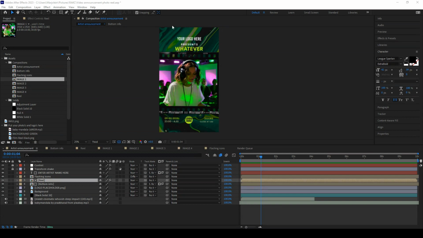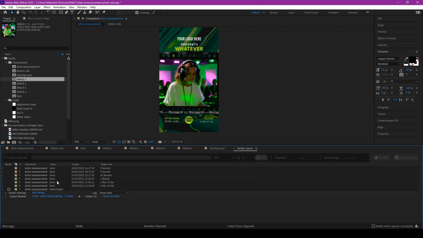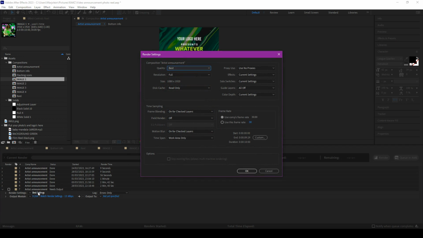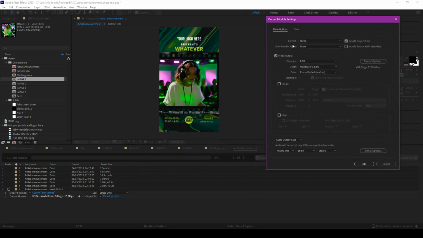Now that the placeholders are all replaced with your own logo, your own text, your own images, you can start exporting the video. Go to Composition, add to render queue, which will open this field right here, and make sure that these settings are ticked right here. So go for the best quality in full resolution. The size should be this, so this is the mobile portrait view. Make sure the frame rate is 30. Click OK. The output mode should be set to